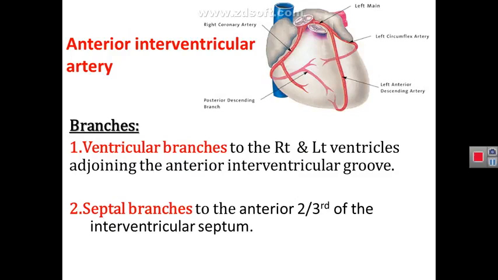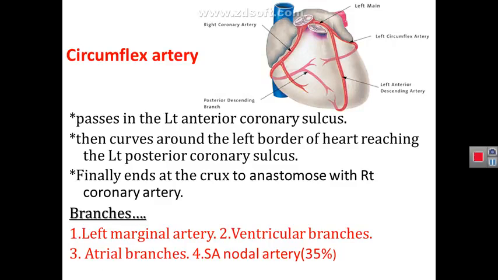Branches of the left coronary artery include branches to the left ventricle, except the part near the posterior interventricular sulcus, which is supplied by the right coronary artery, and also it supplies the right ventricle adjacent to the anterior interventricular sulcus. Also it supplies the anterior two-thirds of the interventricular septum. All these are supplied by the